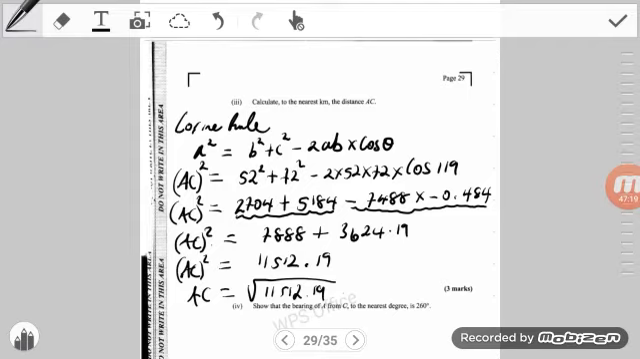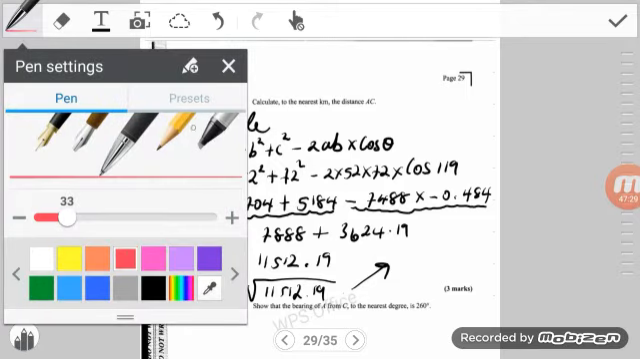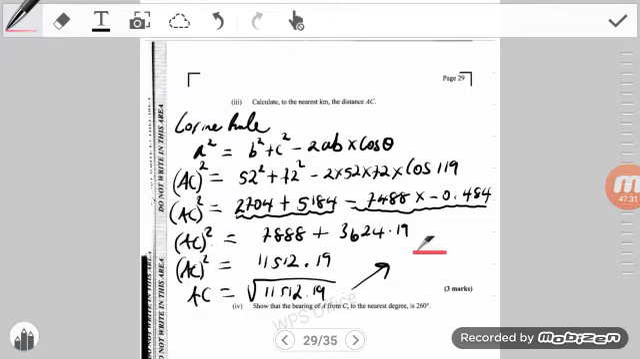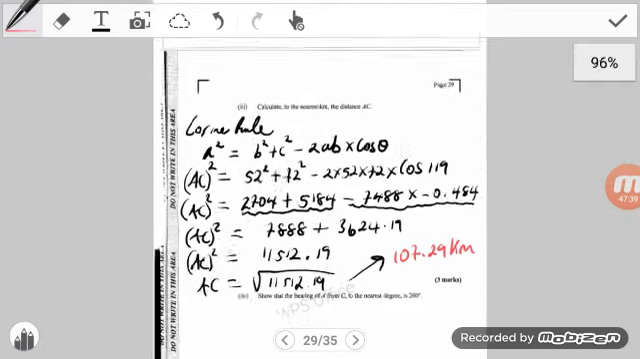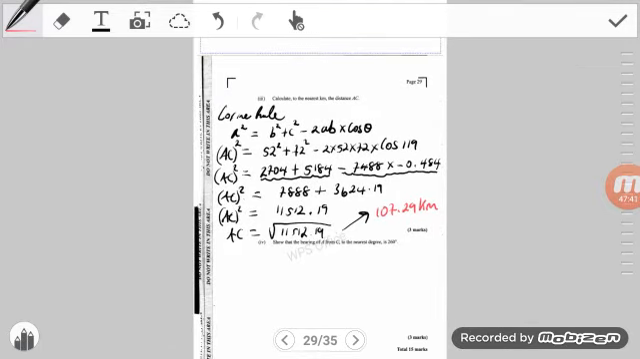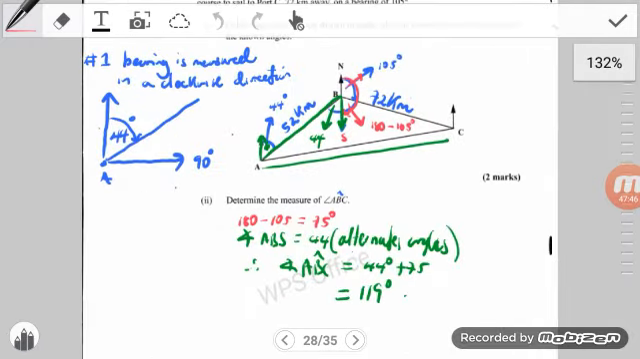So square root of 11,512.19, that will give us a final answer here of 107.29 kilometers. All right, and that is the distance of AC, and that is for 3 marks, guys. Okay, so this distance here is, let's write it on the diagram, 107, what was that again,